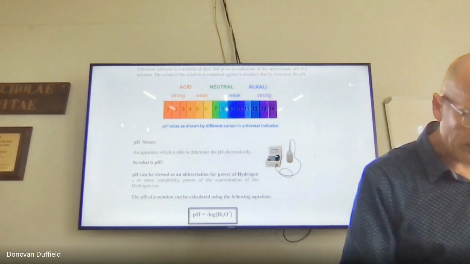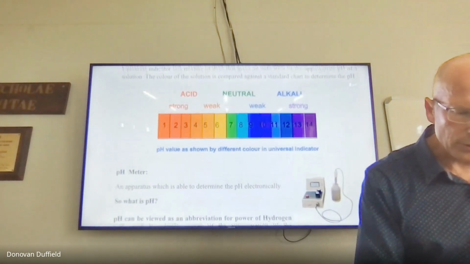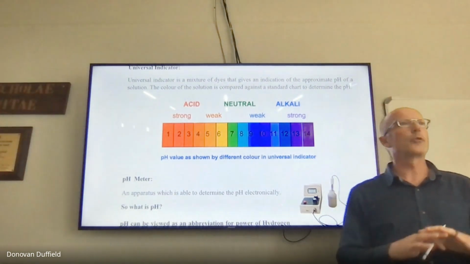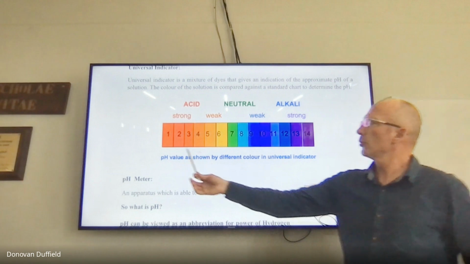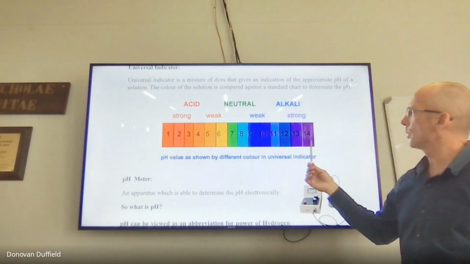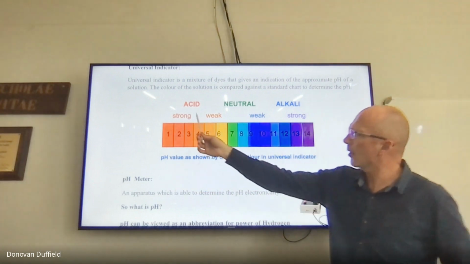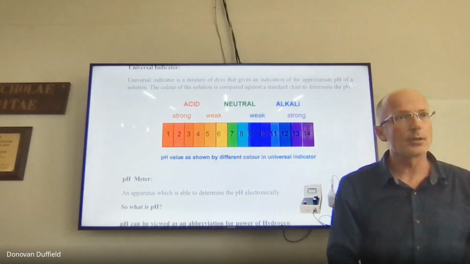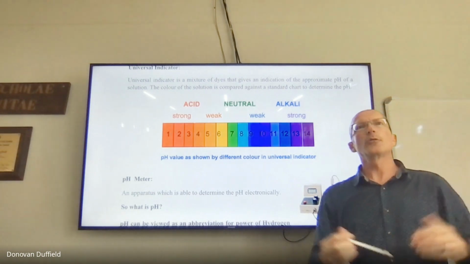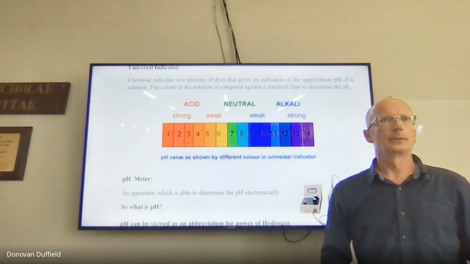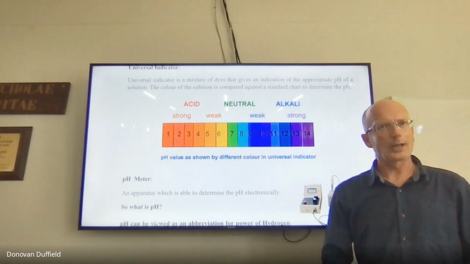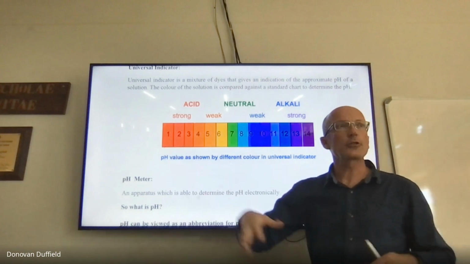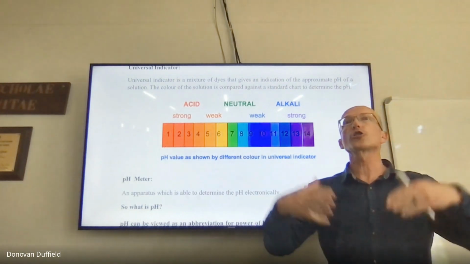All right, now, if you use universal indicator, which is a mixture of organic indicators, then you get a range from pH 1 to pH 14. Now, strong acids have got low pHs. You are taught this from primary school, but you're not taught why. You're not taught why. Because if you're down here, you have actually got acids that are producing large amounts of